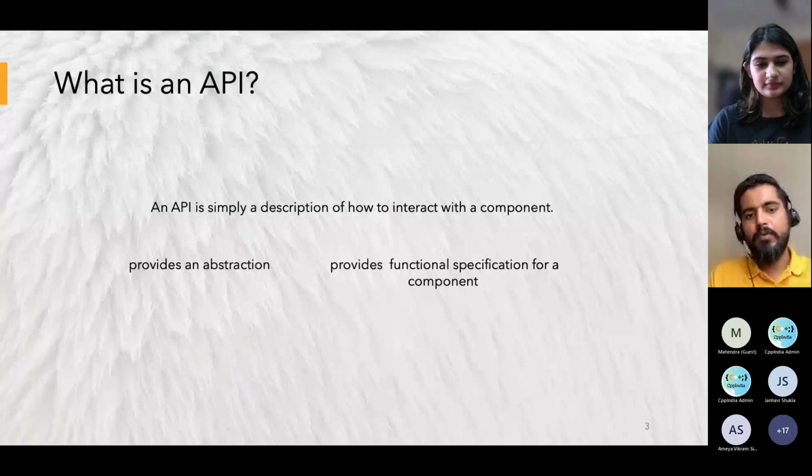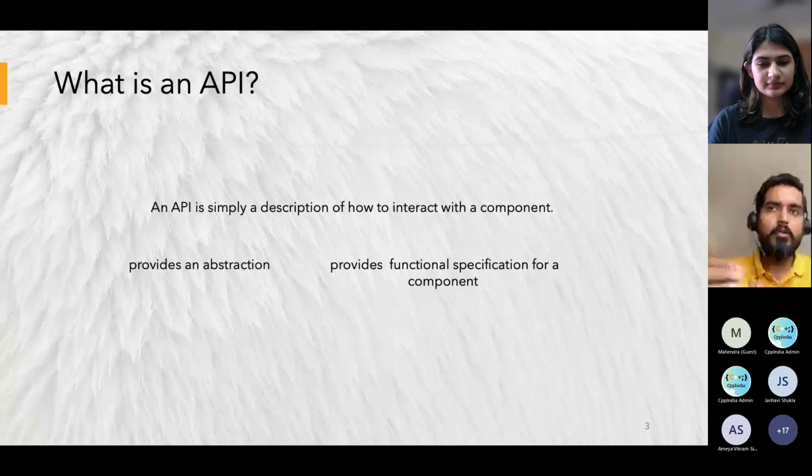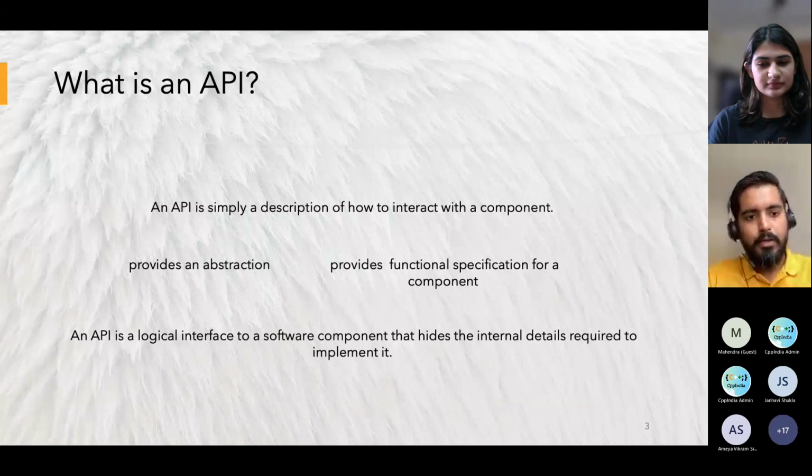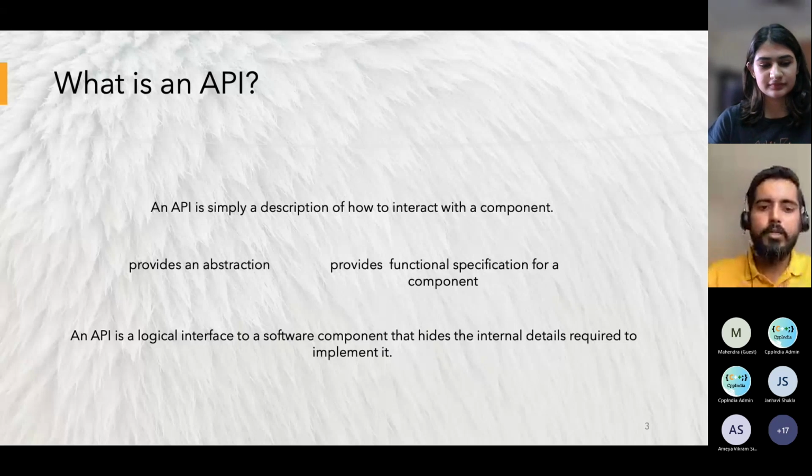It will give a picture to your user that, okay, these are all the things I can do with this and how I should proceed. So if I define it, we can say an API is a logical interface to a software component that hides the internal details required to implement it. So you hide your internal details on your side.